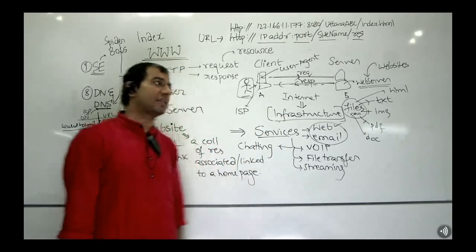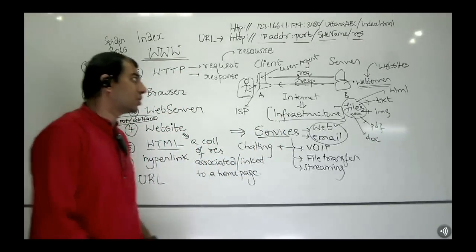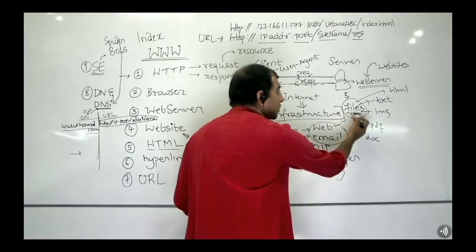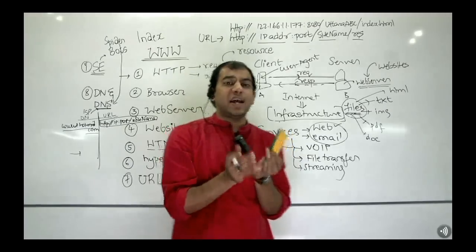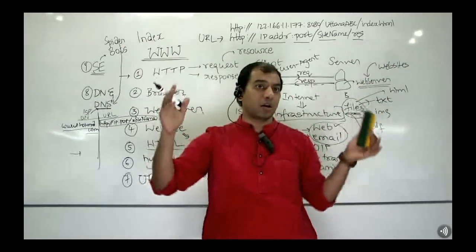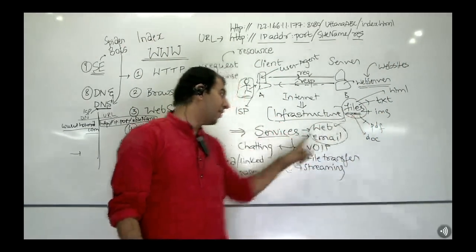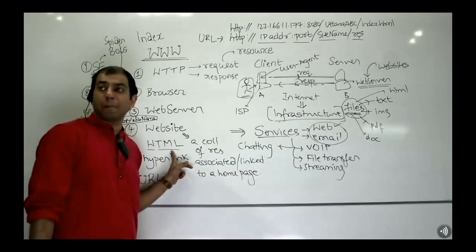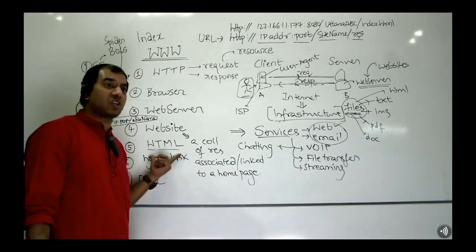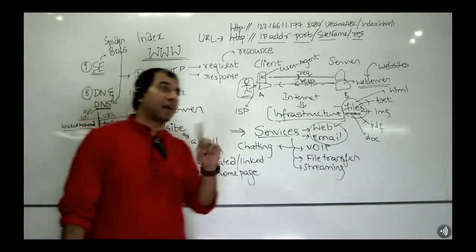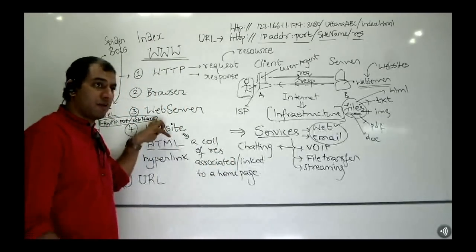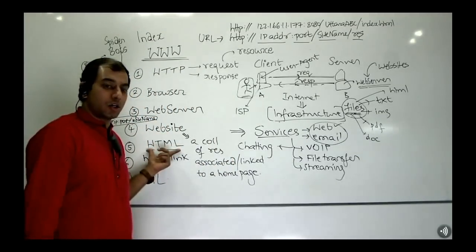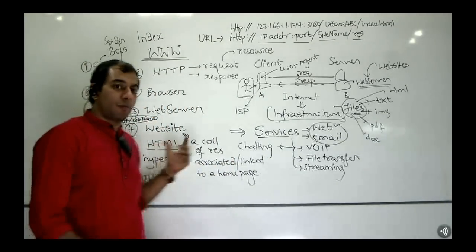So, I'll repeat it one last time. What happens first? A set of developers creates a set of files and they say, I want these files to be accessed by everybody. So, what is it they do? They will build a web page or a collection of web pages. That means they will need to learn HTML. HTML is not a programming language. It's a set of markup. We will talk about that in detail fairly shortly. So, they will create an HTML.